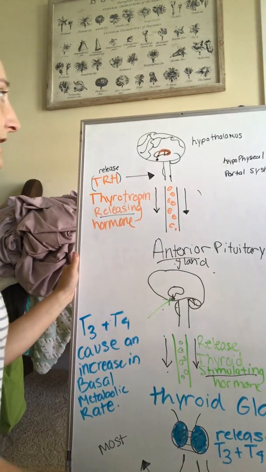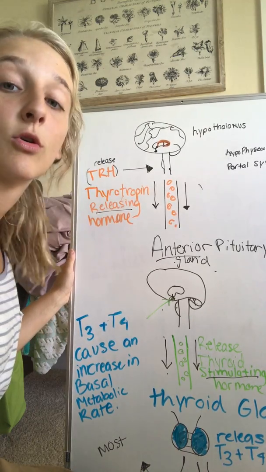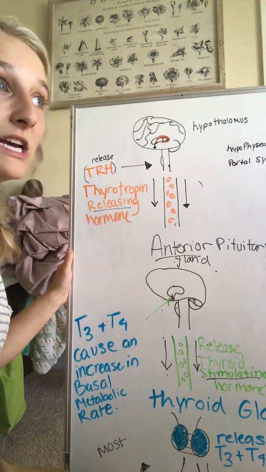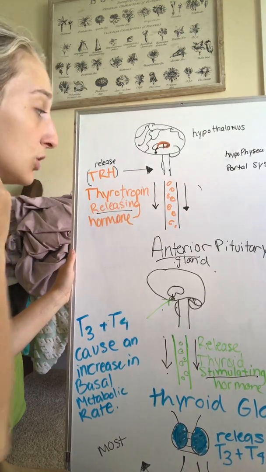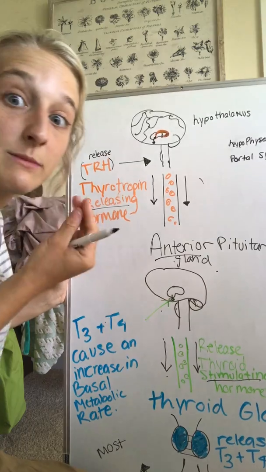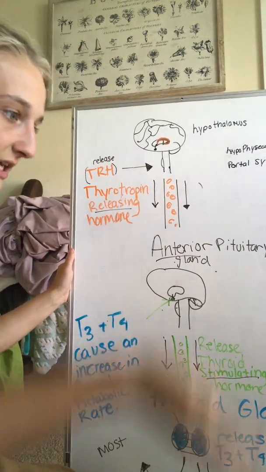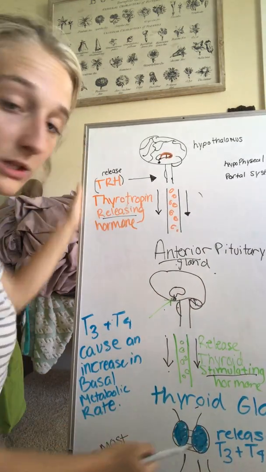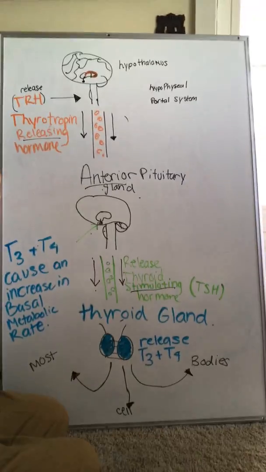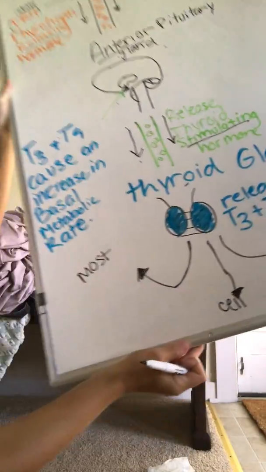So if you think of it, the thyrotropin releasing hormone is released from a little storage up in the hypothalamus to your anterior pituitary gland, and there it's stimulating and goes to stimulate the thyroid gland. It's kind of like a race. Once it gets to the thyroid gland, if you could see that a little bit, let me see if I can get this camera a little bit better. Okay, then